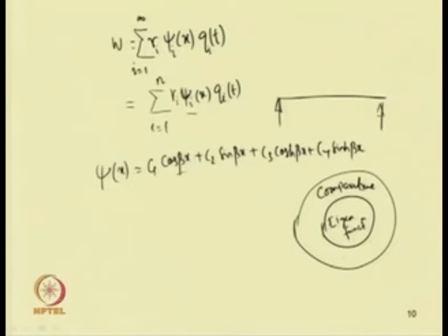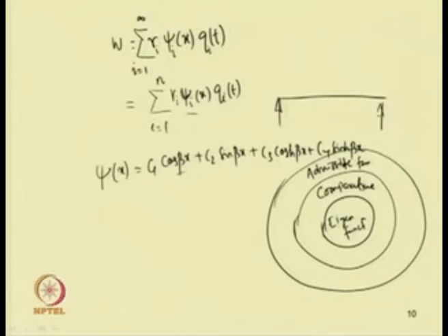Another set of functions one can use is the admissible function. This admissible function satisfies only the geometric boundary conditions of the system. So, in case of admissible function, it satisfies only geometric boundary conditions. In case of comparative function, it satisfies all boundary conditions, and in case of eigenfunction, it satisfies both the differential equation plus all boundary conditions.